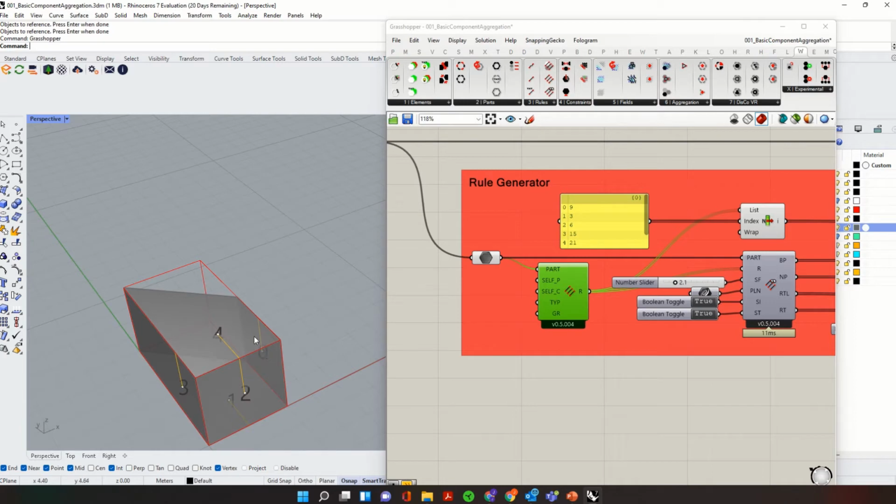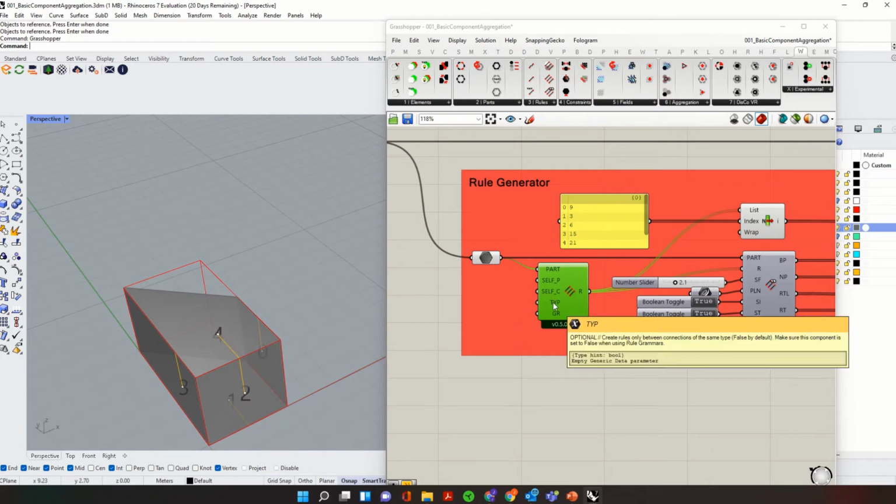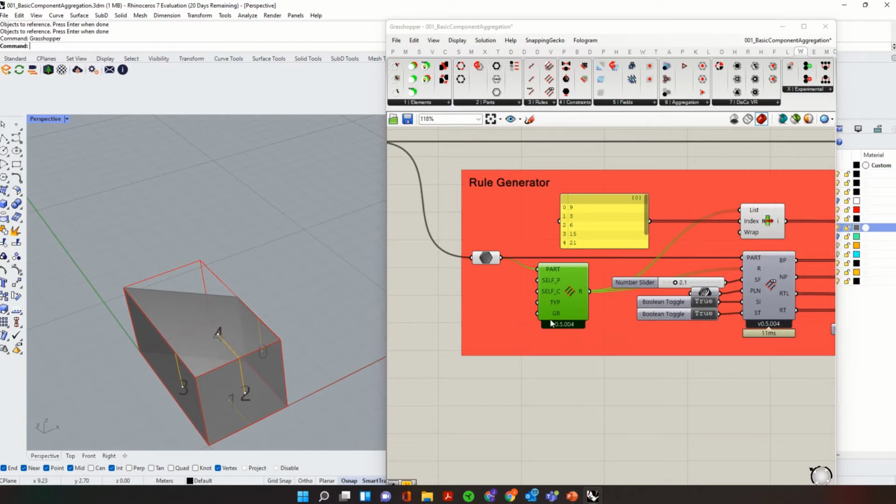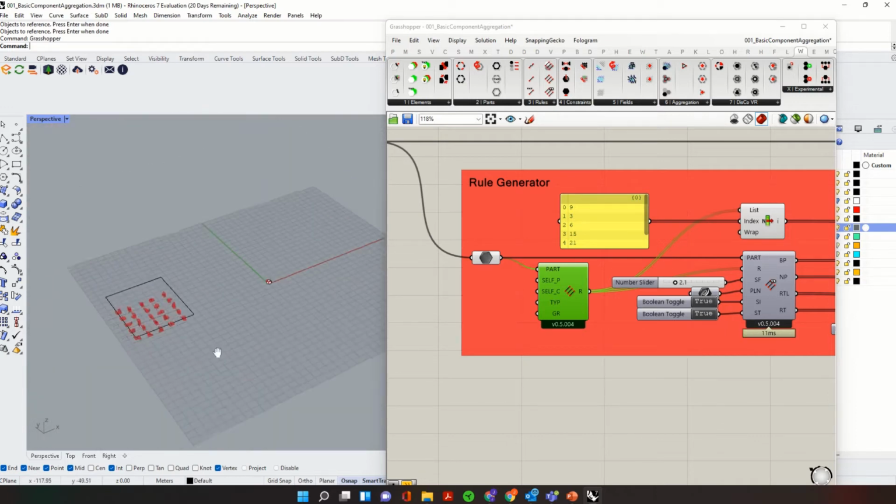So I can say 0 connects to 0 on another component. And then type and grammar you don't need to worry so much about. So if I go back to this rule generator,